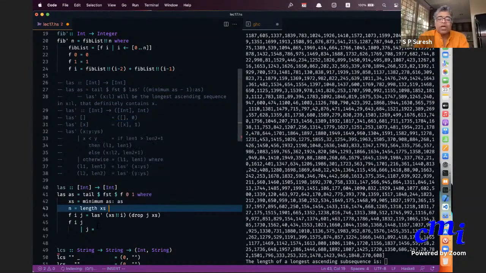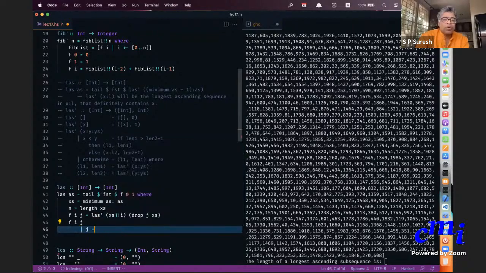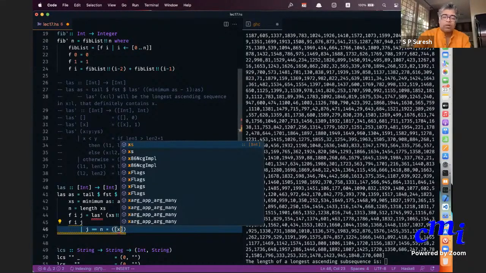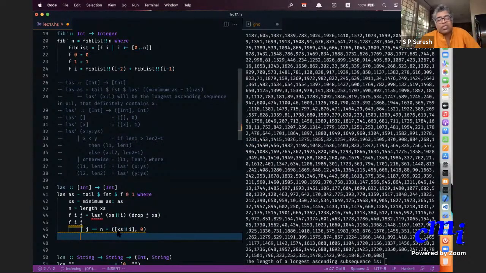If j is n, then you are dropping n elements from xs. So if j is equal to n, then what do you return? You have to return xs at i, 0.